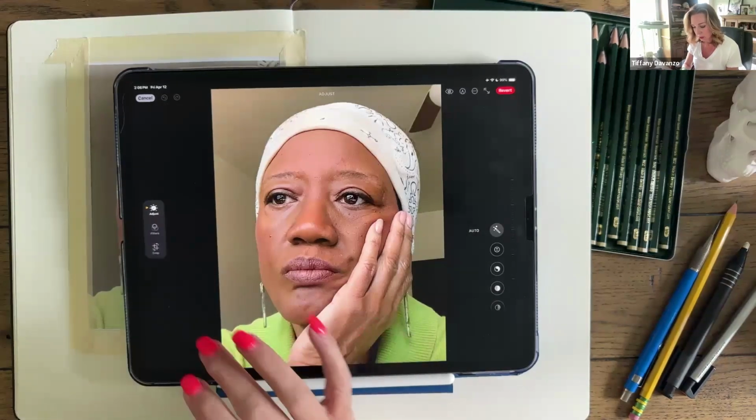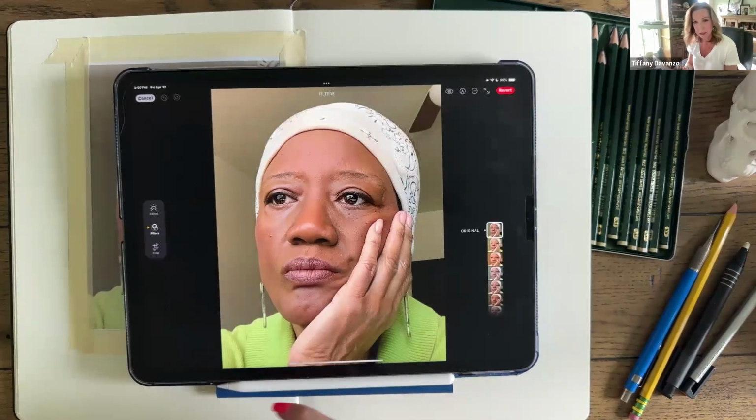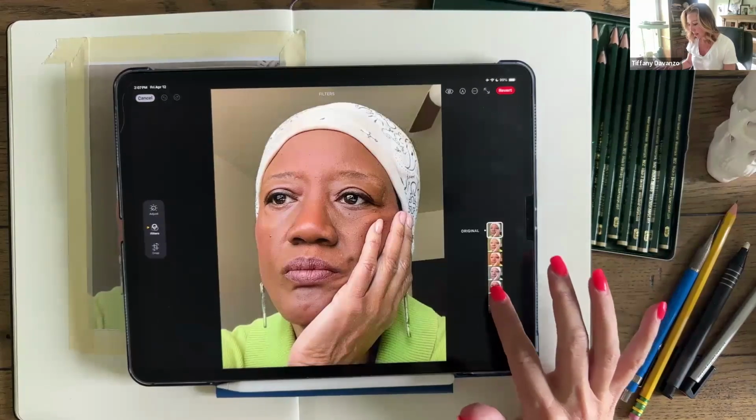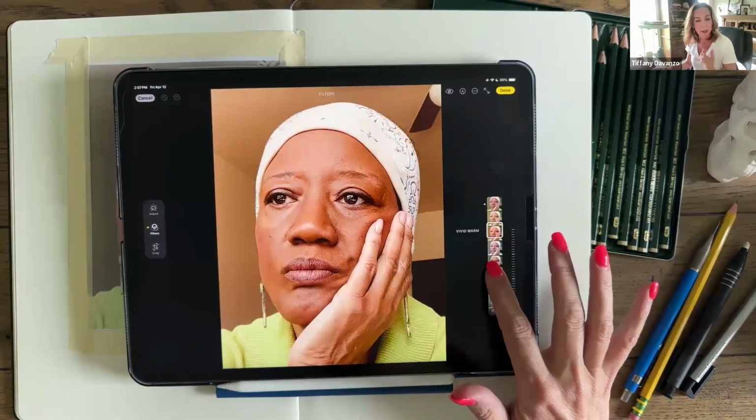The next thing I just want to show is under filters here. And there are quite a few different